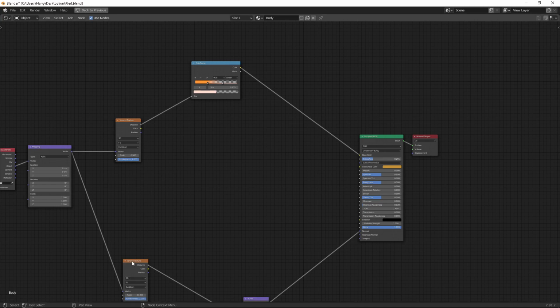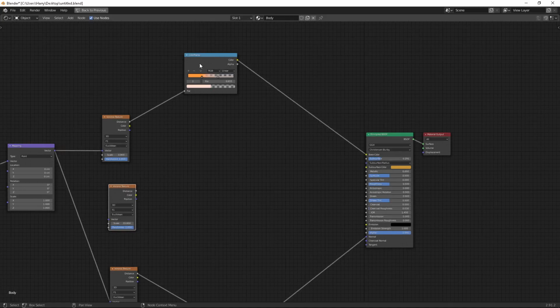So I'm going to do one more, Shift D to duplicate this, and select this one, and instead of duplicating, go for Shift A and search for the color ramp node, and put it here, distance as factor, and color goes to roughness.